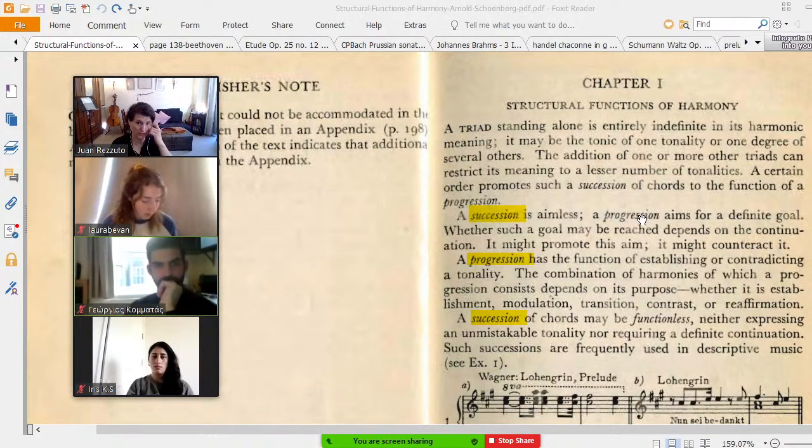So, very important difference: a succession is aimless, a progression aims for a definite goal. "Whether such a goal may be reached depends on the continuation. It might promote this aim, it might counteract it." For example,